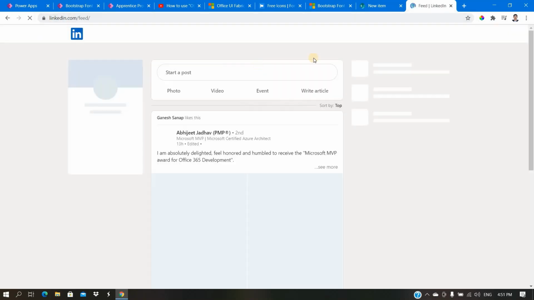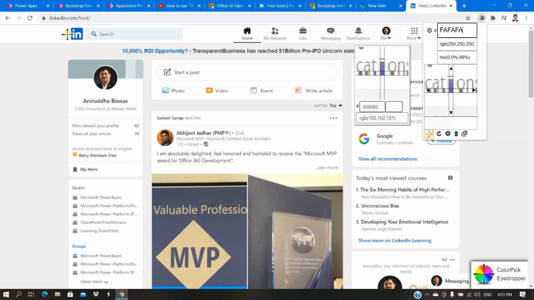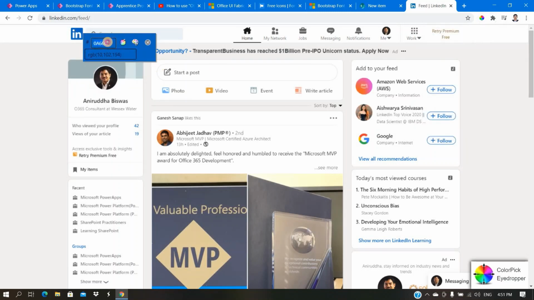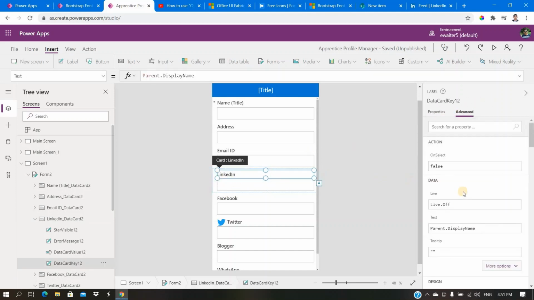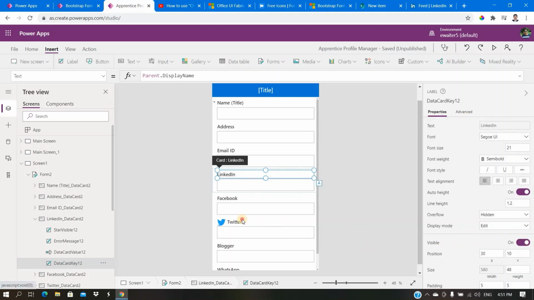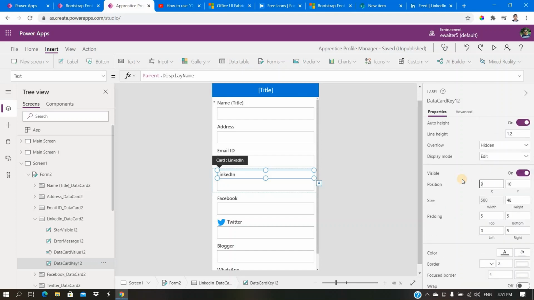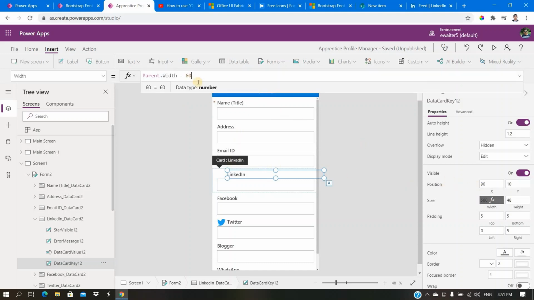We'll go to LinkedIn and click here. So first you need to lock, then whatever you have done, it is 90 and that is 120. So I'll do 90 and this will be 120.